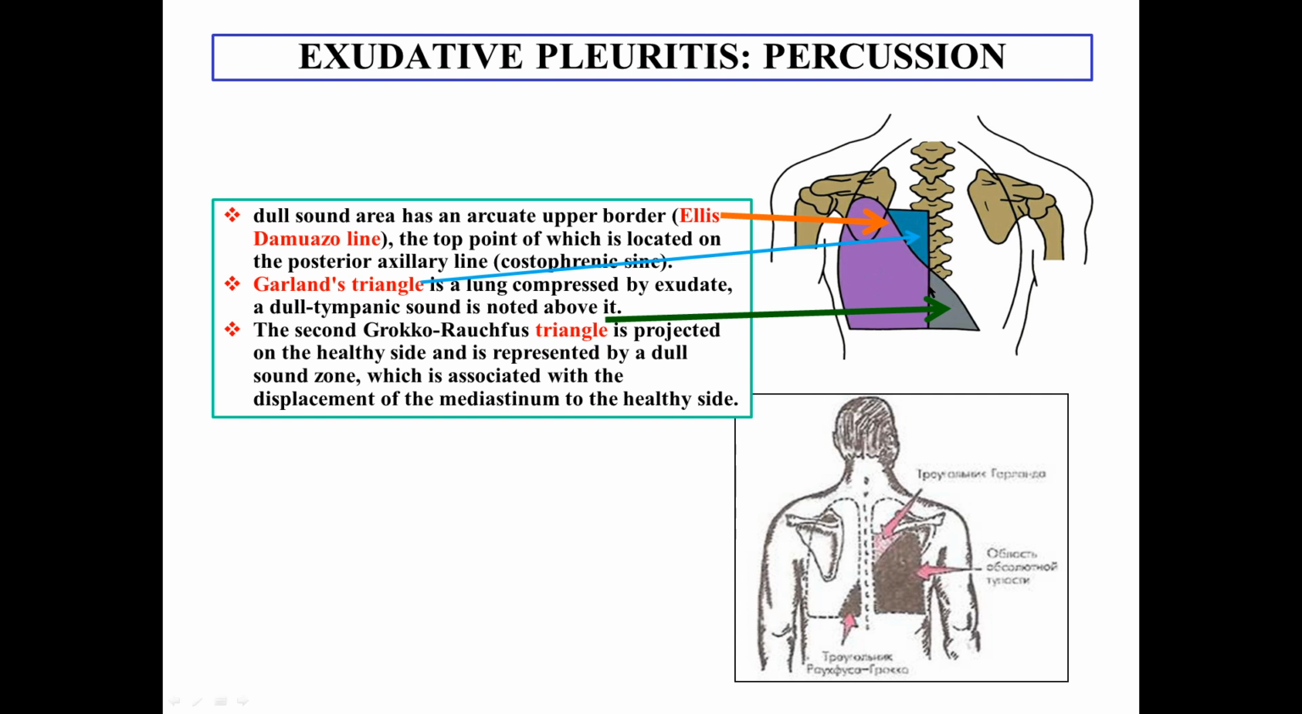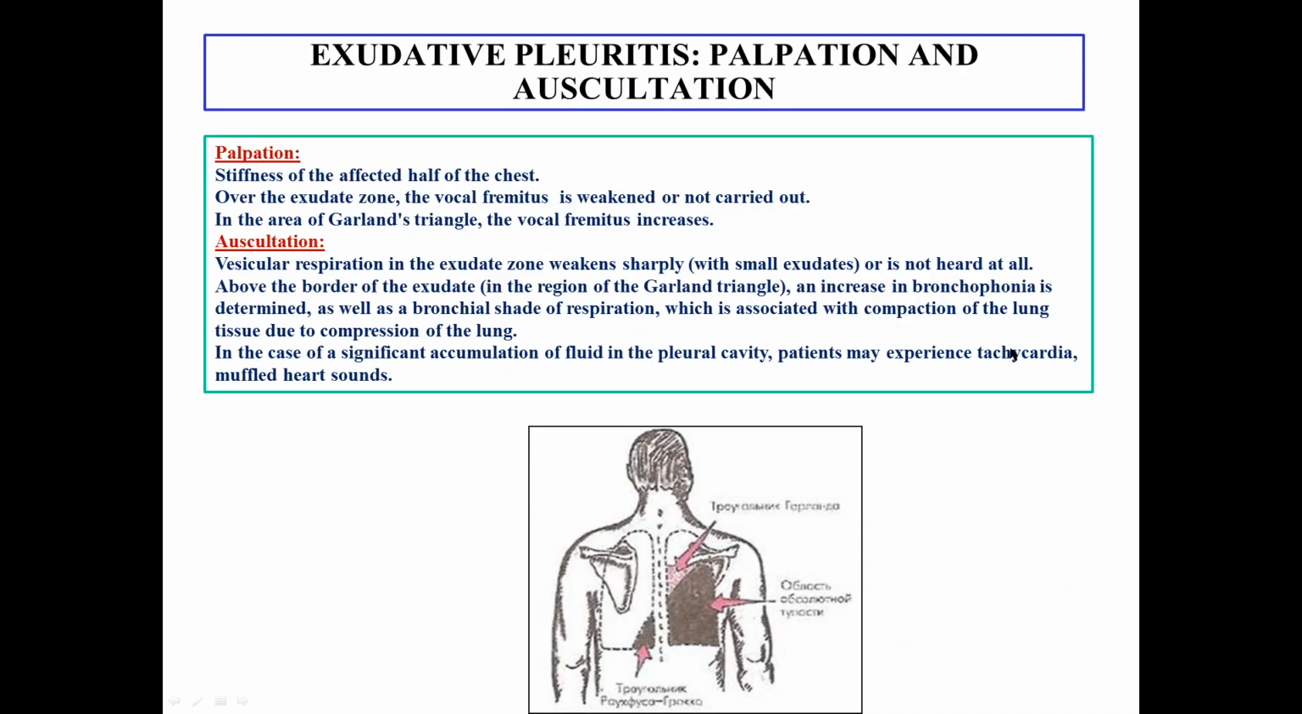The second triangle, the Grocco-Rauchfuss triangle, is projected on the healthy side, and is represented by a dull sound zone which is associated with the displacement of the mediastinum to the healthy side. During palpation, you can find stiffness of the affected half of the chest. Over the exudate zone, vocal fremitus is weakened or not carried out. In the area of Garland's triangle, the vocal fremitus is increased because of formation of